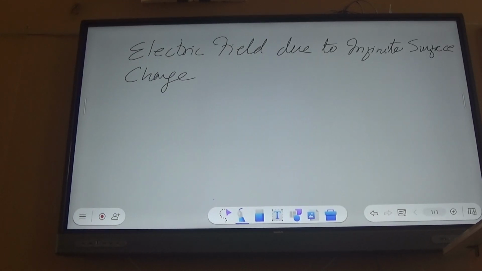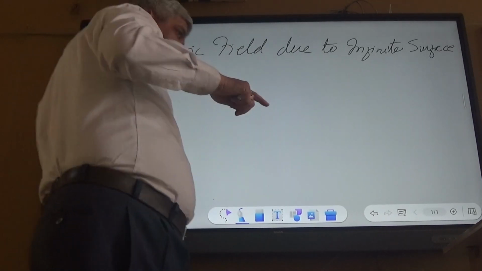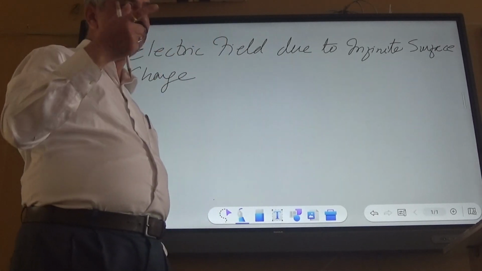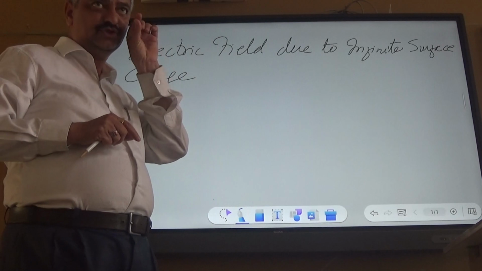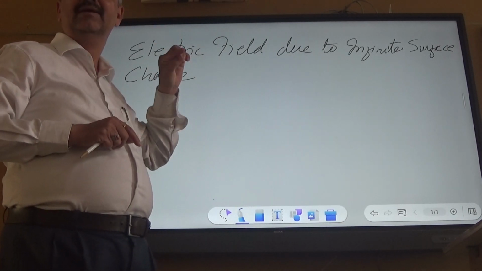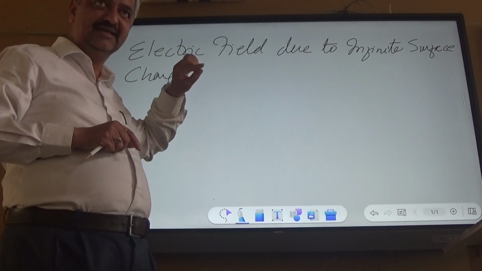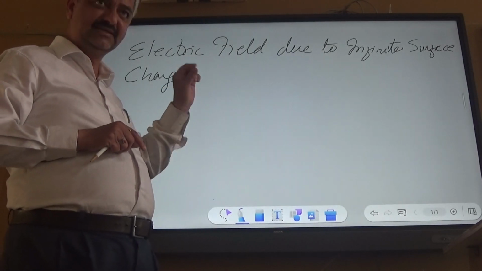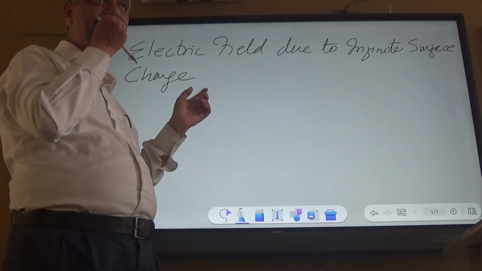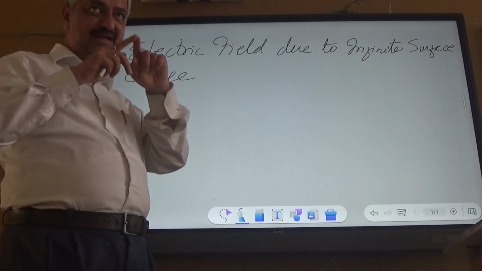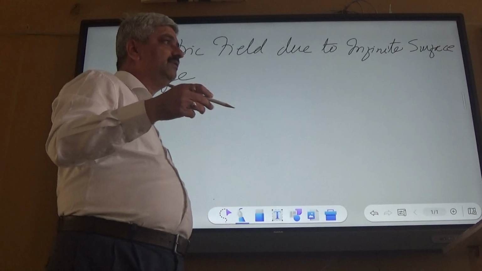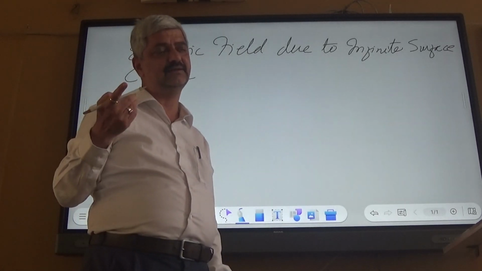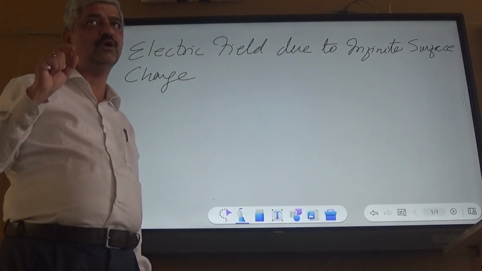So we shall finish that derivation. Last time we tried to integrate it by considering dx dy as a small square and rho s dx dy as its point charge. So that double integration was there. Instead, to make it simple, what you can have is